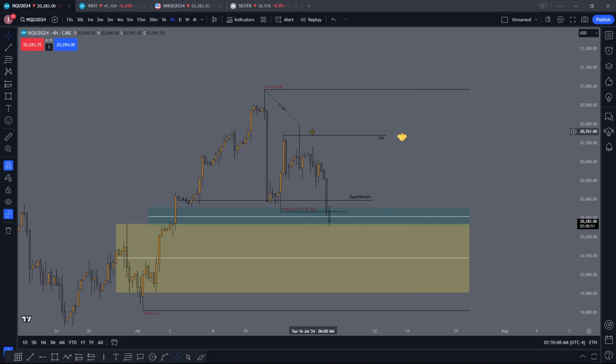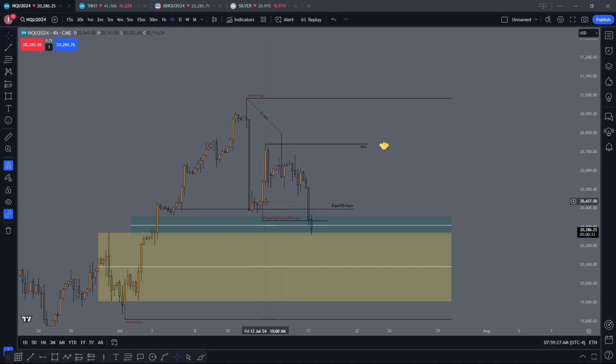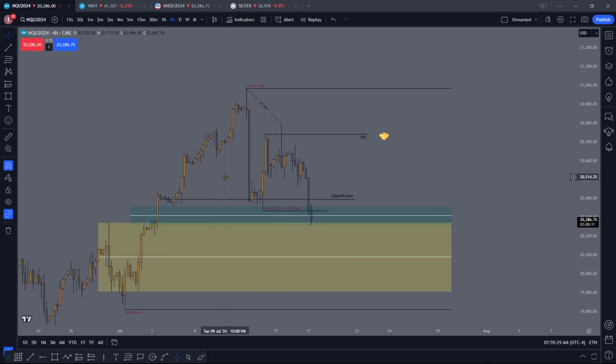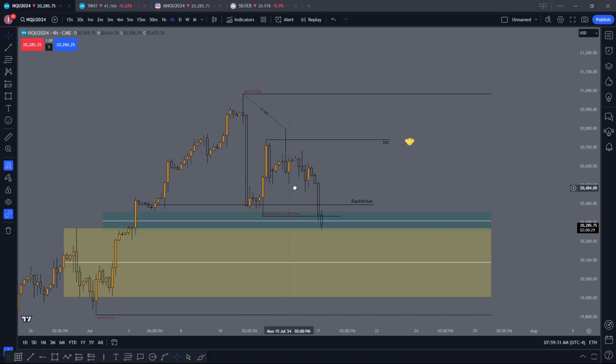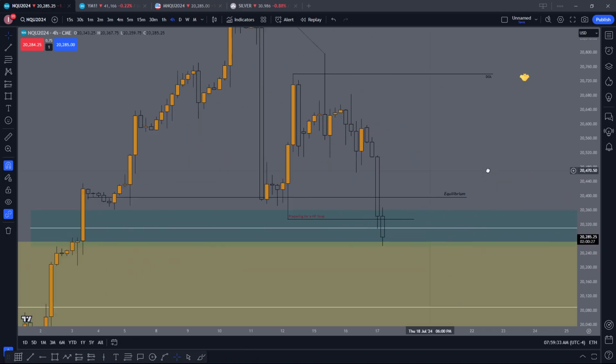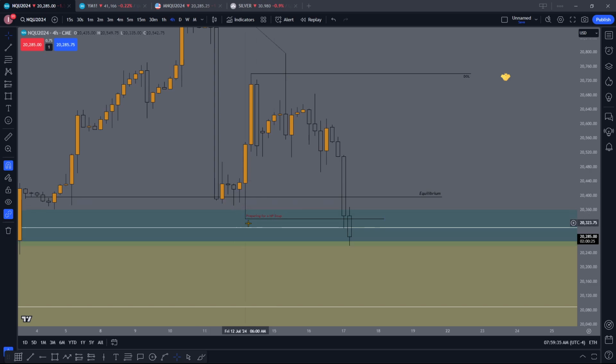So I want you guys to keep this in mind. We had this move lower here to induce early sellers, and then manipulated them out on this presumed support level here. And then we started moving higher, inducing buyers. When we make a move higher like this, and then we leave these lows here, especially this low,